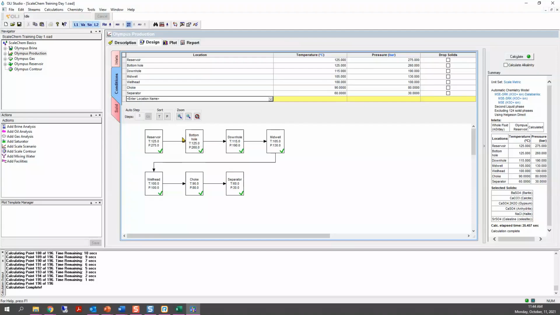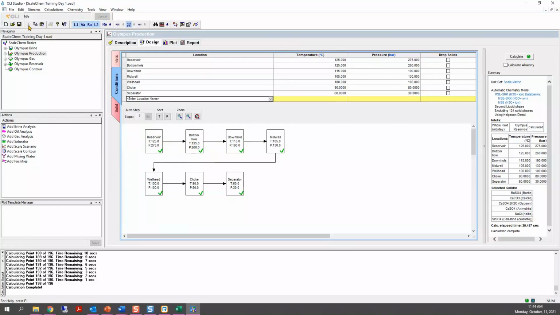So only what is left in the solution will be used for the next calculations, okay? When you don't put drop solids, you're basically saying that the solids are flowing from reservoir up to the separator, okay? I hope I answered that question.